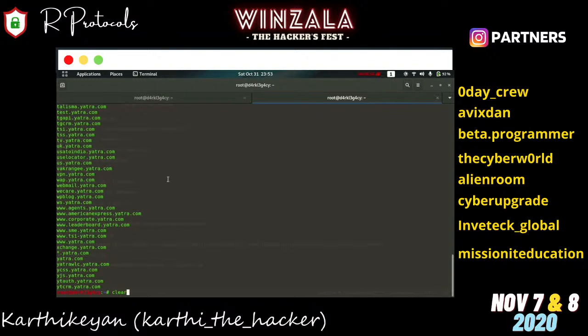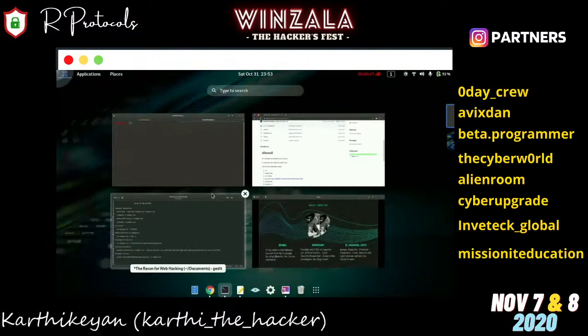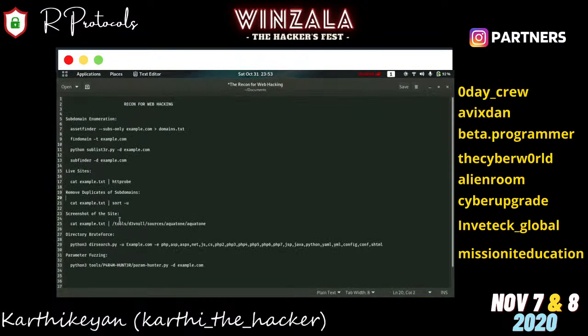Now let's clear this. Now let's get to the next, screenshot of the site. We know the site is live, but we don't know whether the site is 404 or 403, whether it's a forbidden site which has sensitive info, or a 301 redirect.